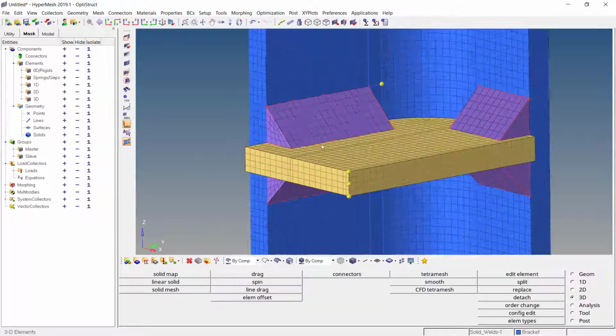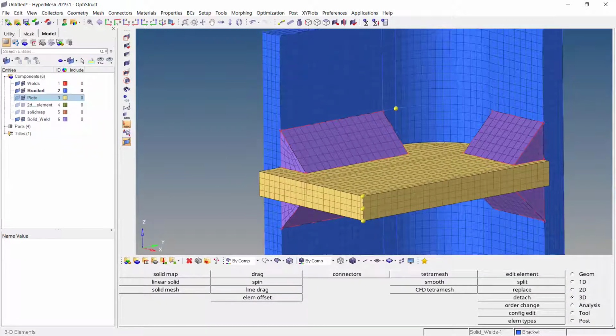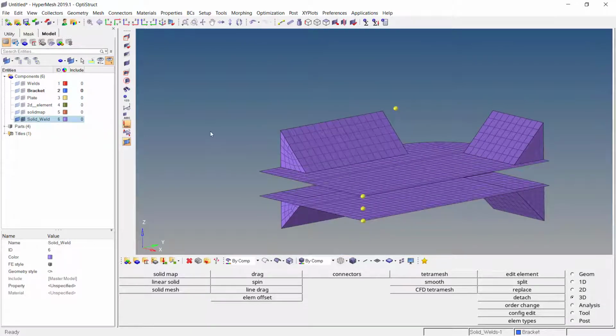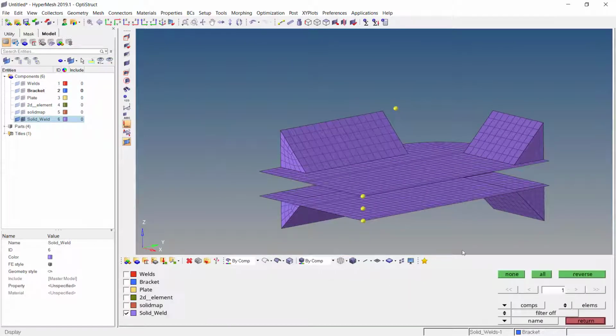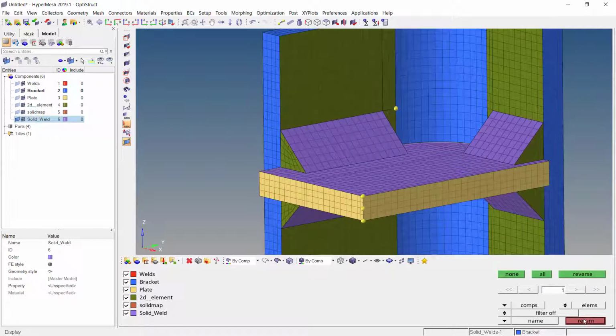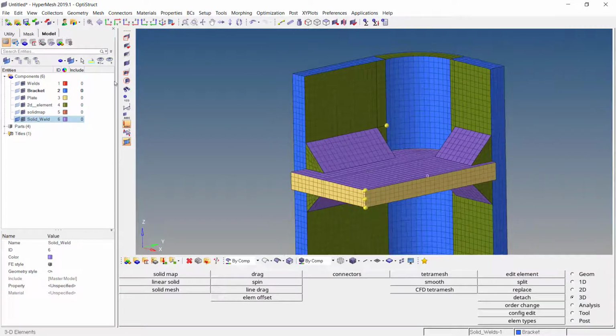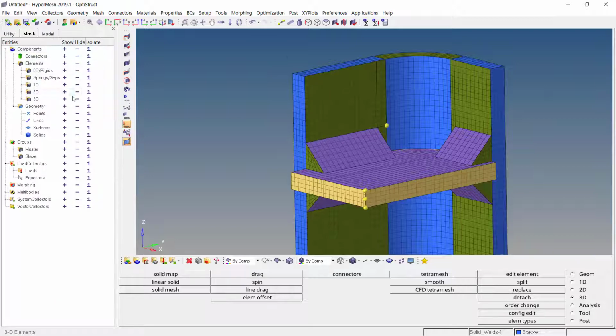Once it has been confirmed, another check that you can take is to go for model, click on isolate and just isolate the solid element. Here one thing again, let us do that. Show all the elements and here go for mask.